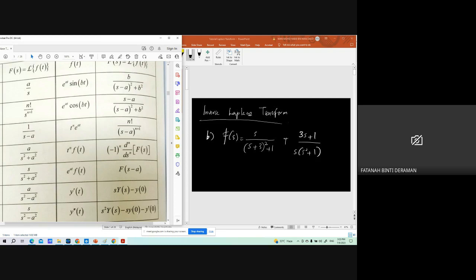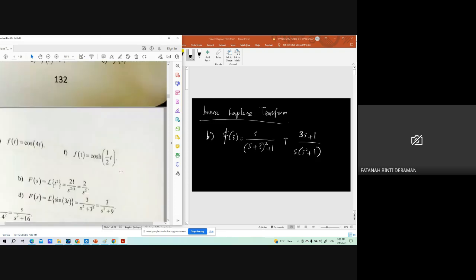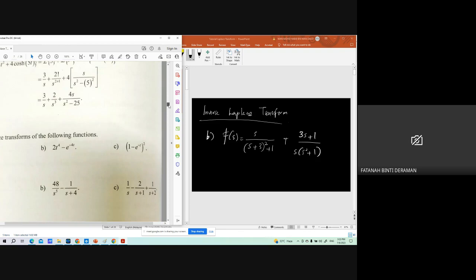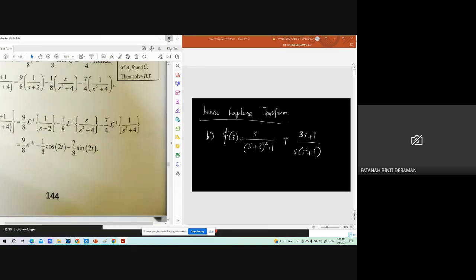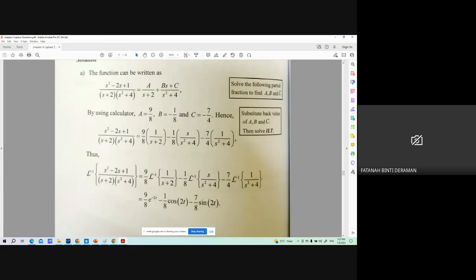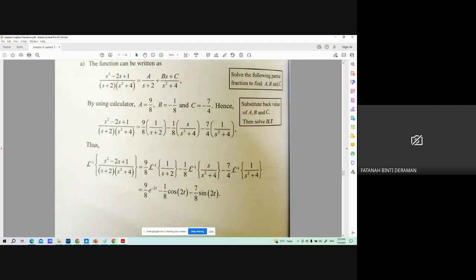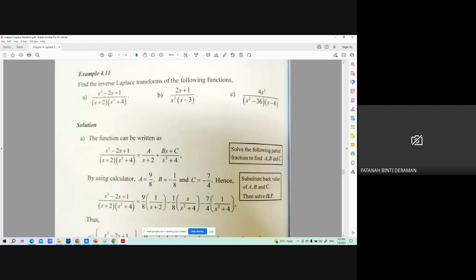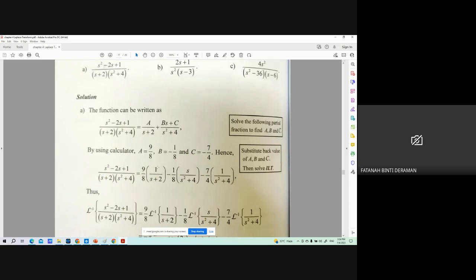If we go to page 144, you can see there is this function and all this function. What they are doing is the partial fraction like this. We need to find what A, B, and C are first, and after that we can